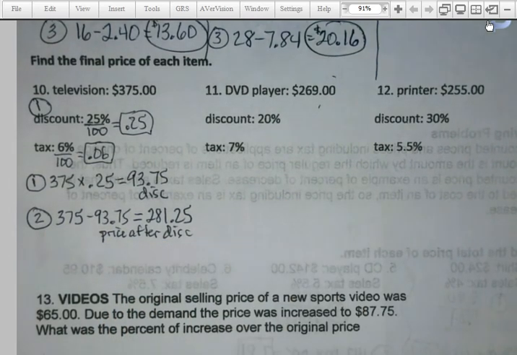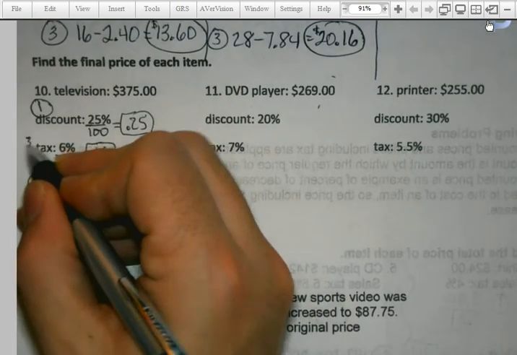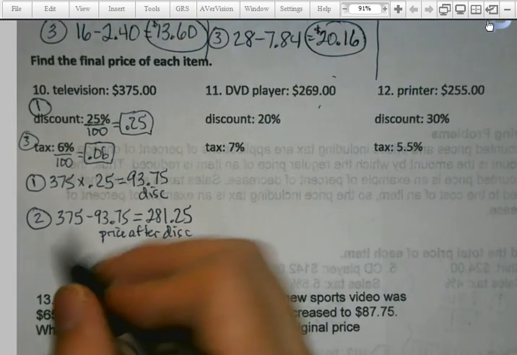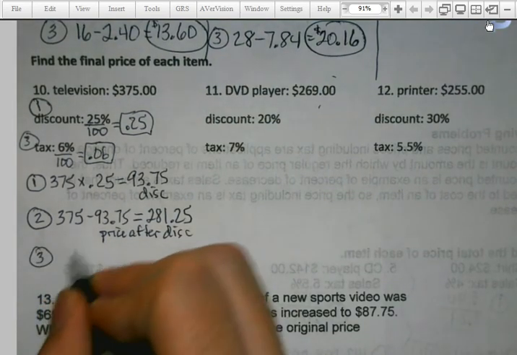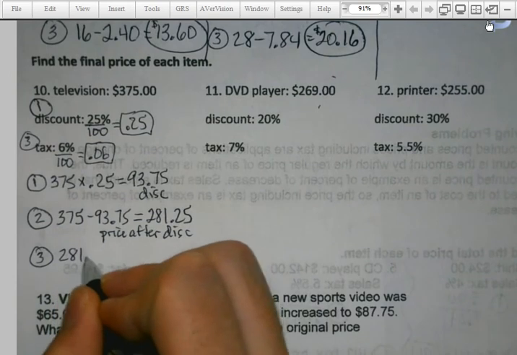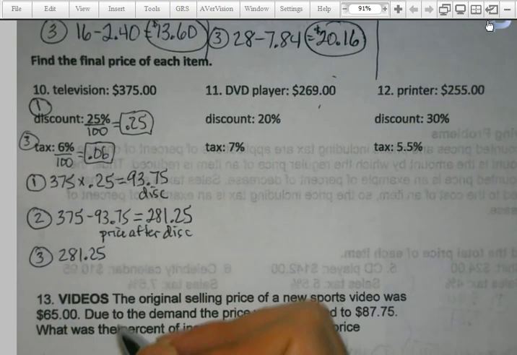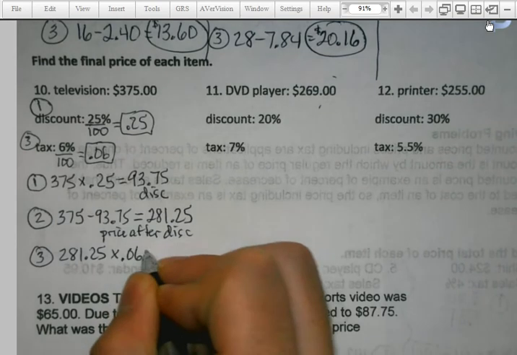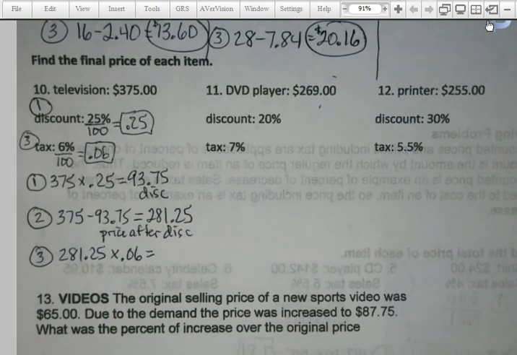Basically, we just did what we did up in 7 and 8. But there's one more piece this time. This time, we've got to add the sales tax in still. So my last step here is to take the price after my discount, the $281.25, times it by the sales tax, and here again. Okay, now,